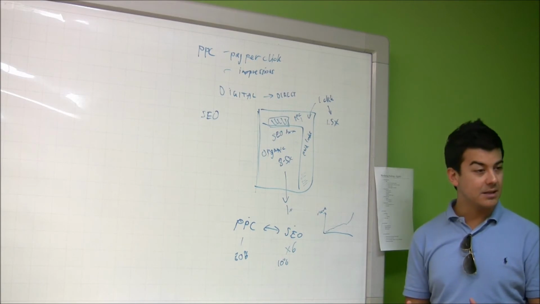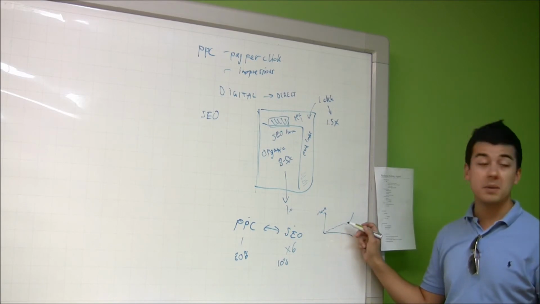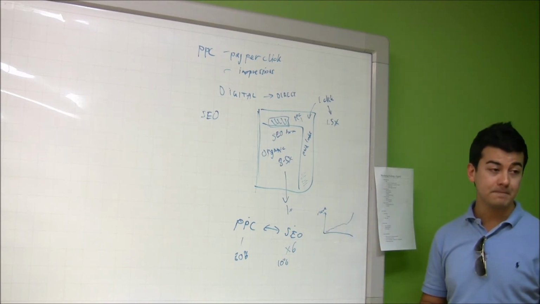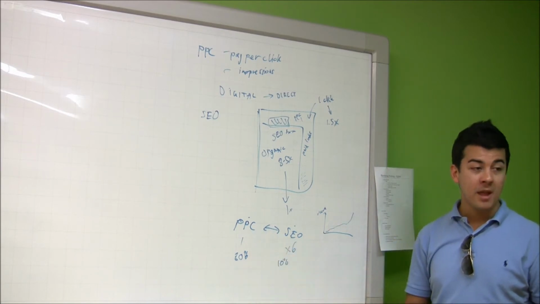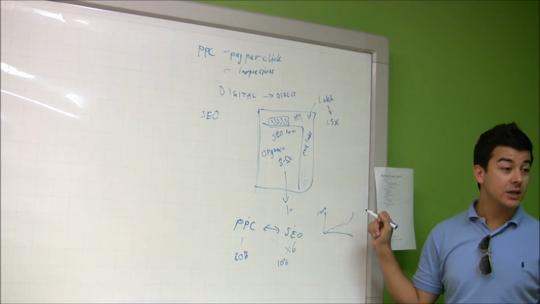But it has its downsides. The downside is the ramp-up period. The ramp-up period is longer. In terms of cost, it costs less. Definitely costs less than pay-per-click. Well, I'm going to go into how SEO works and how pay-per-click works.